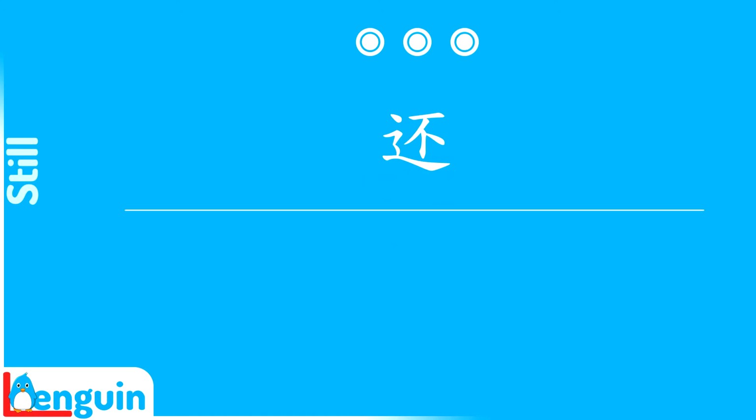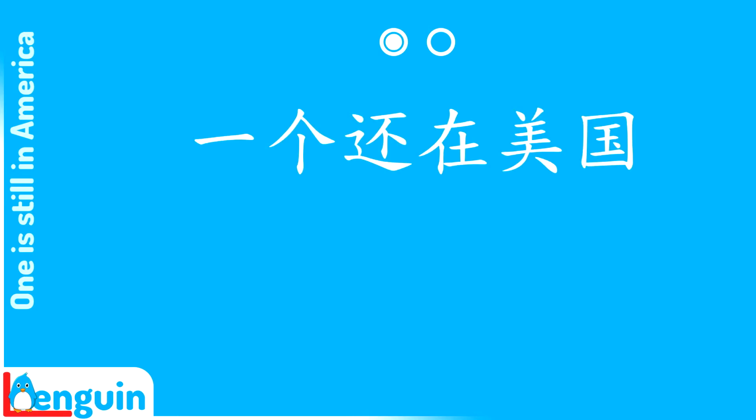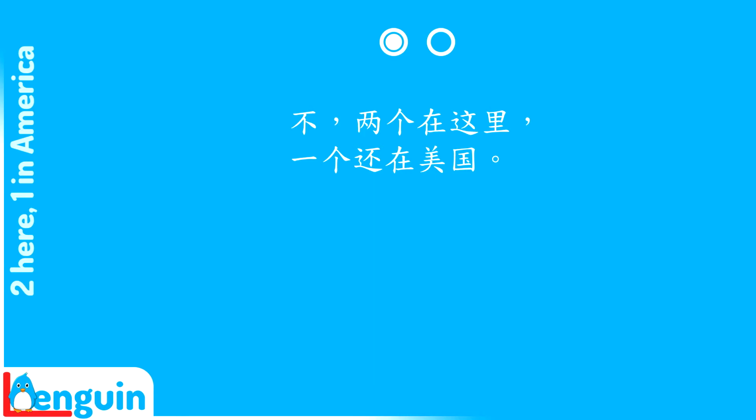The reply also introduces the word still, which is an adverb. Repeat still. 还。 Like other adverbs, 还 precedes the verb. Repeat, one is still in America. 一个还在美国。 Repeat, no, two are here and one is still in America. 不，两个在这里，一个还在美国。